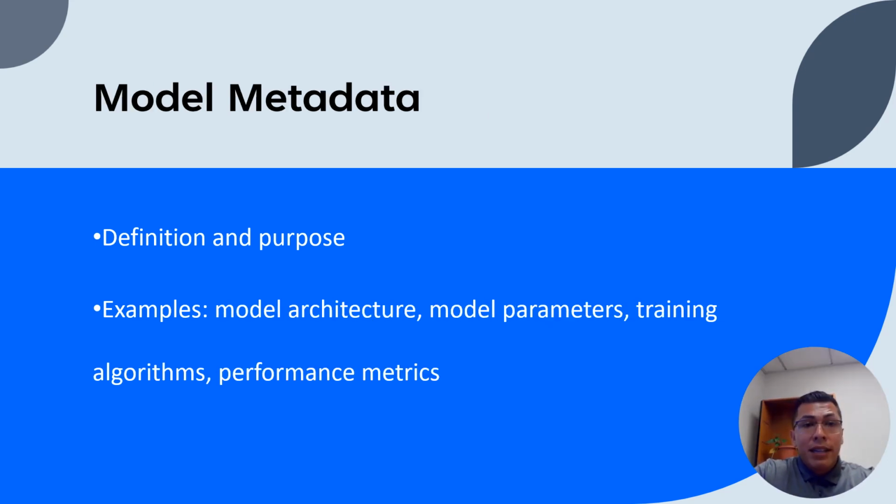Moving on to model metadata, which captures information about the AI model itself. Model metadata is vital for understanding how the model was built, what features it considers, and how well it performs on a given task. It also facilitates the replication and validation of AI models, which is crucial for maintaining transparency and trust in AI systems. Some examples of model metadata include model architecture, information about the structure and design of the AI model, such as the number of layers, the types of layers, and/or the connections between the layers. This metadata helps to provide an overview of the model's complexity and enables other researchers to replicate or build upon